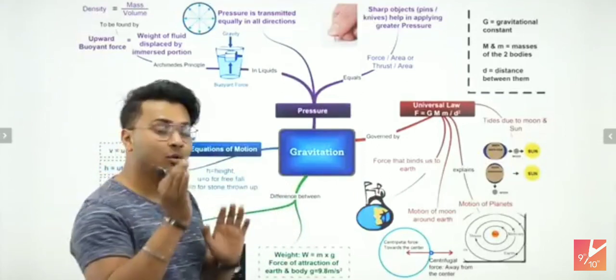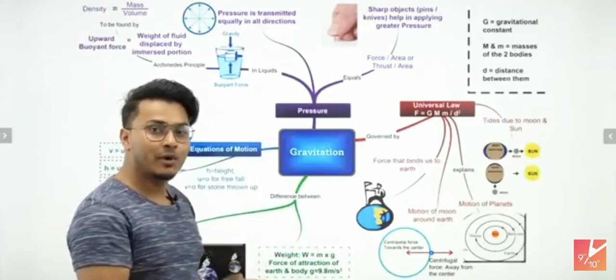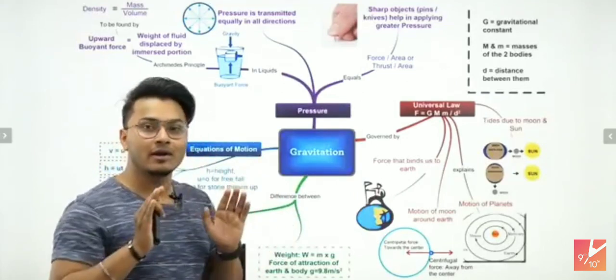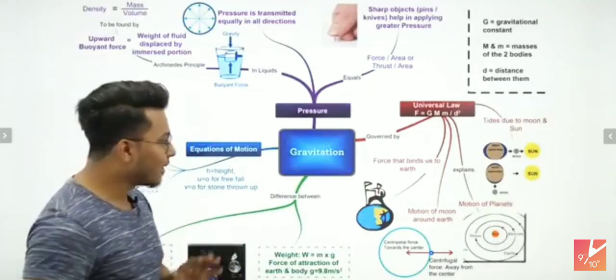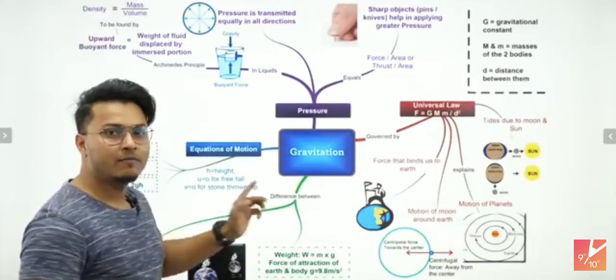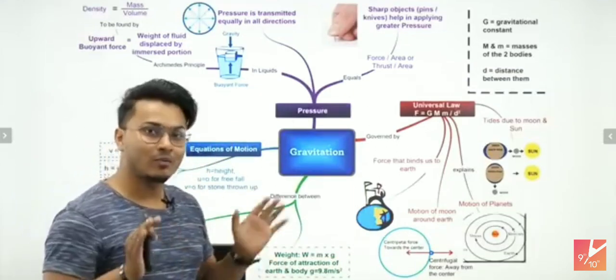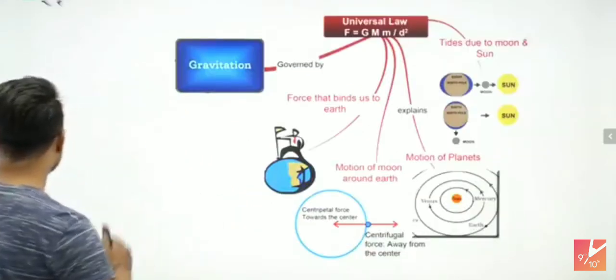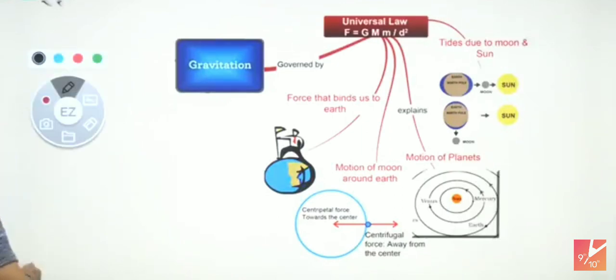You will be able to download this mind map, whatever I'm going to explain today, with the help of the PDF, and you can download it from the Vedantu app. We'll tell you how to do that. But this is what you're going to study today. Each and every branch of this mind map, we're going to focus on and kill it right now. So let's go forward and start with the first branch, which is the introduction to the chapter.